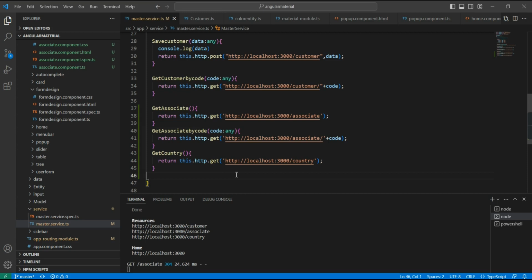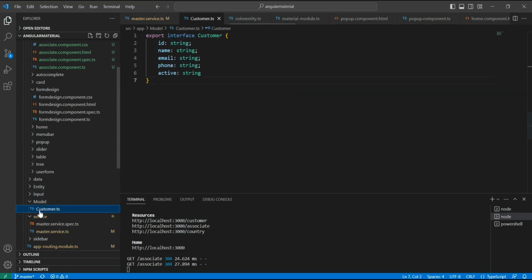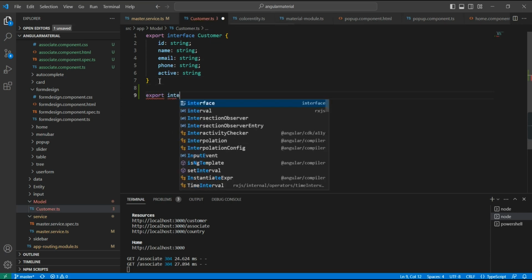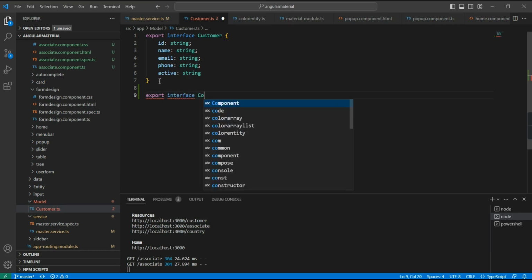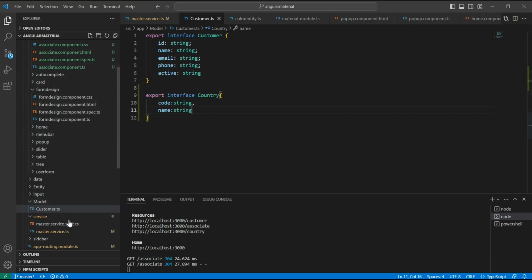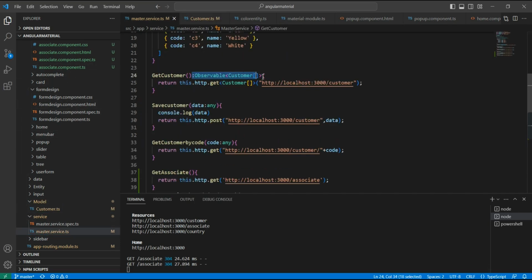Okay, this is fine. So anyway, let me create one interface for this one, because we are going to do the filtering operation. In this model we already have the customer interface, so after that we can create one more interface, country. It has two fields, code and name. In our service side, we can return like this,